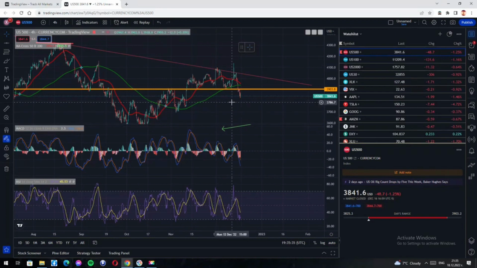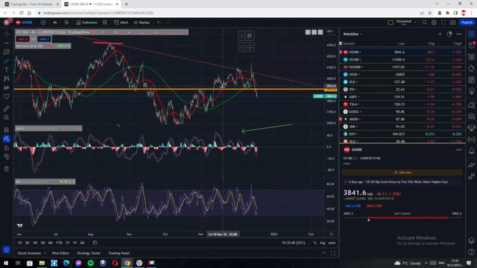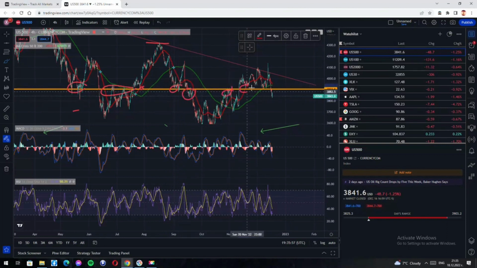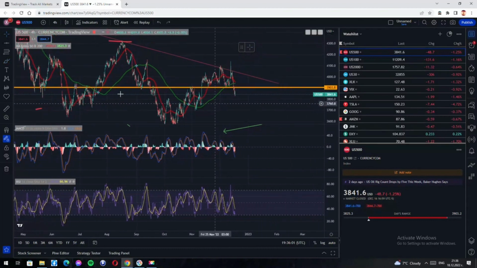So let's begin with what will happen in my opinion, and you will see that I will be right during the next trading week. So first, this level here, the 3,900 level, is a very important level. Multiple touches here, support here, resistance, support every single time. And we've recently moved below this level in a hurry.